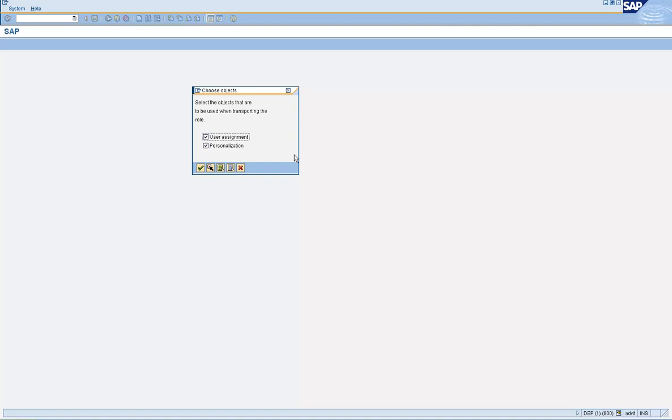So if you transport the role with user assignments, and if the set of users are different in the source, which is 800, and the target, then the users in the target, let's say in our case, client 811, whoever is assigned this role, they will lose the authorizations for this role.